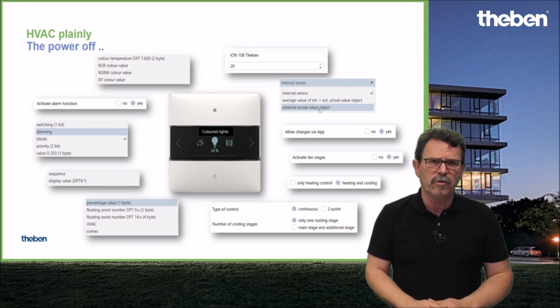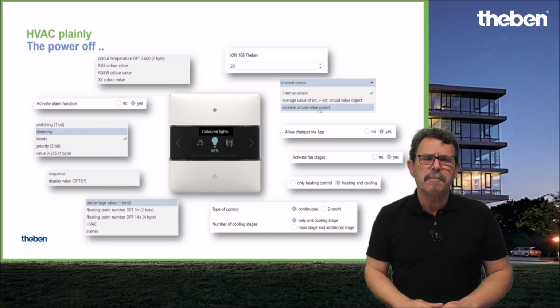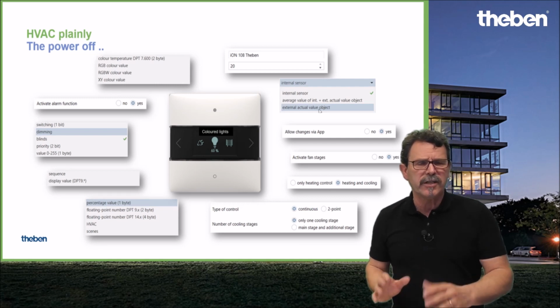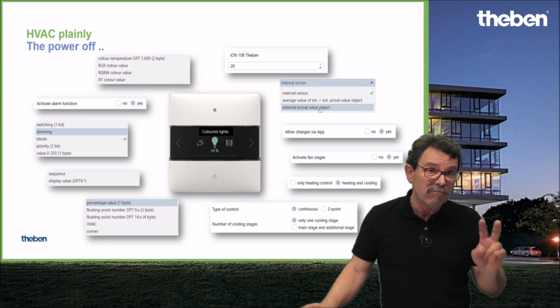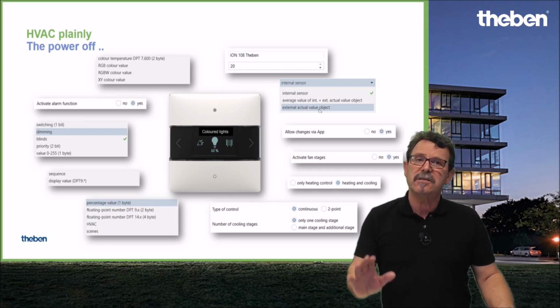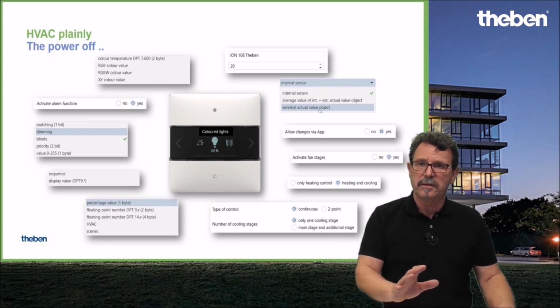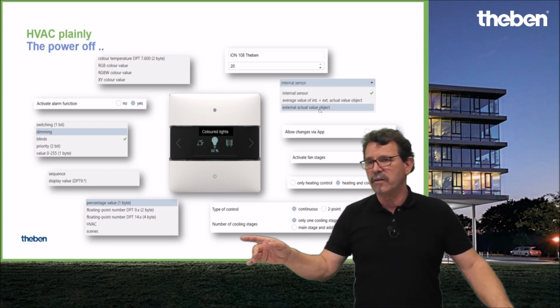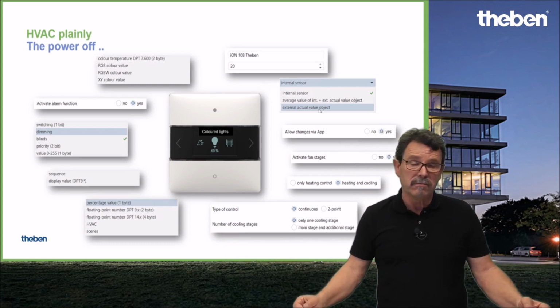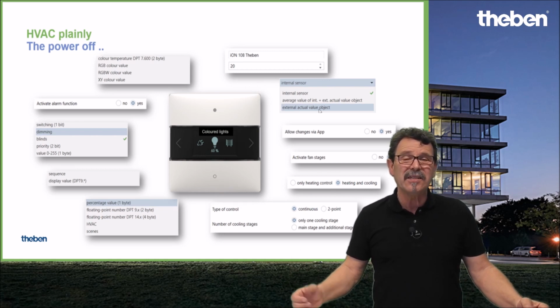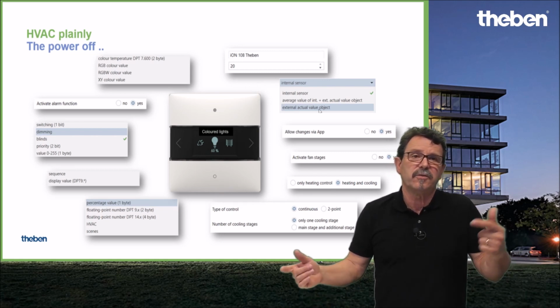2-point mostly for underfloor heating, continuous more for the radiators next to the windows. However, this is just a rough idea. What about just climate control? And then you discover here on the right-hand side percentage value, sequence, scenes, the typical functions, switching, dimming, blinds,